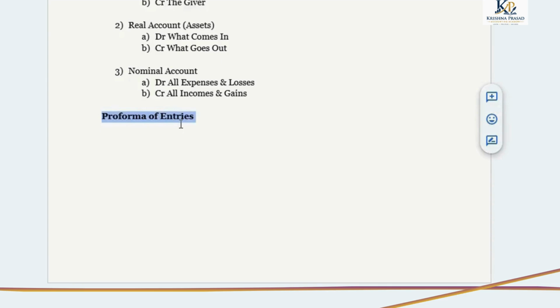How to prepare the entries. Even when we are coming with the double entry system, all the entries will follow the same rule. We'll be having two lines. First will be the debit line. So we need to mention the debit account A by C. Debit account A by C and DR.